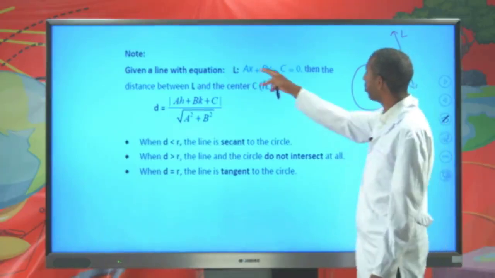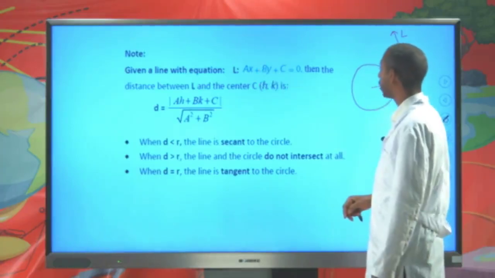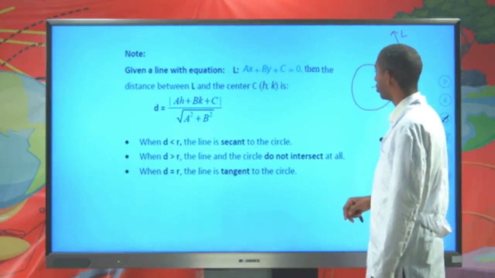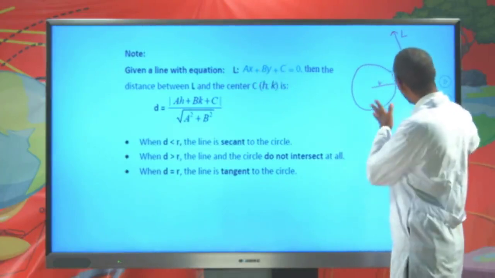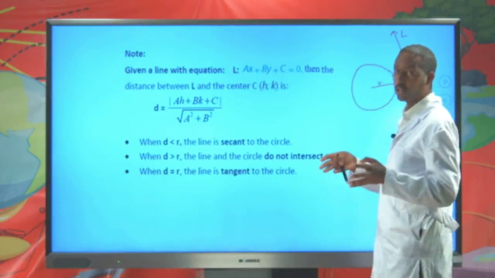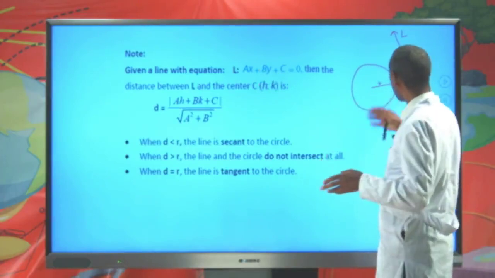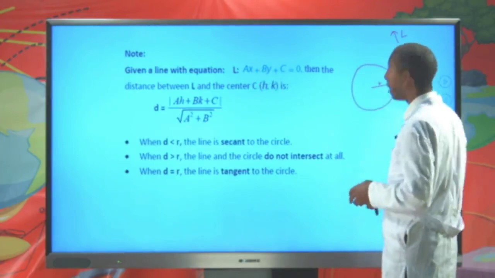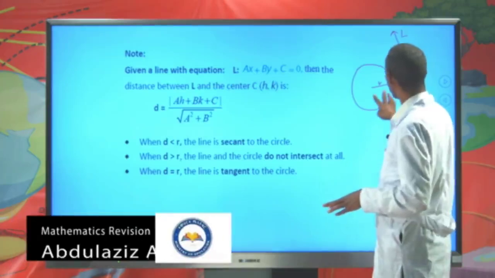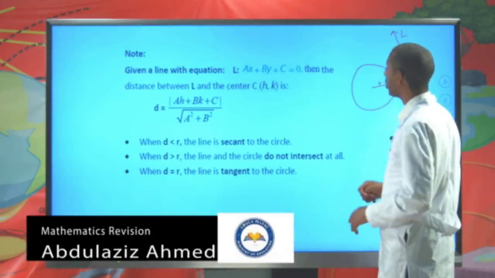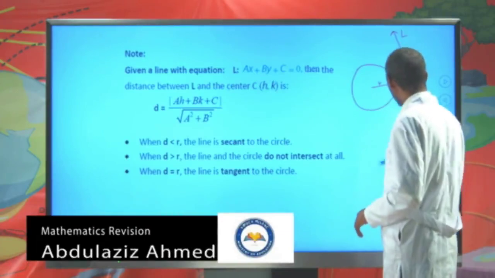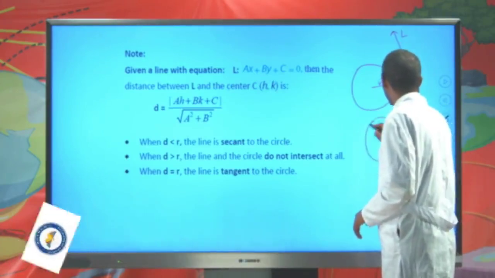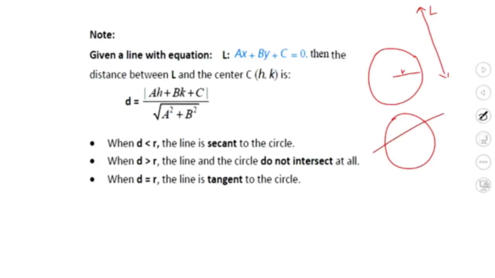The standard form of equation of a line is ax plus by plus c equals 0. If you just observe a circle and a line, we may categorize their relationship in 3 different categories. The first one, the circle and the line may not intersect at all. So the circle is here, the line is there, so there is no intersection point. And the other relation is a circle and a line may intersect at 2 points. So this is the point of intersection between the line and our circle